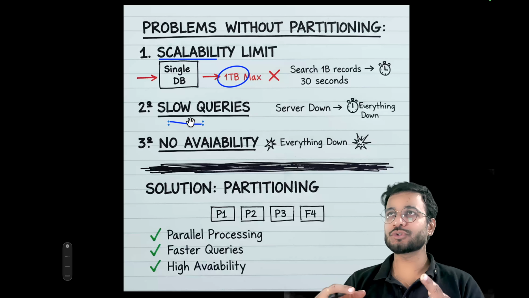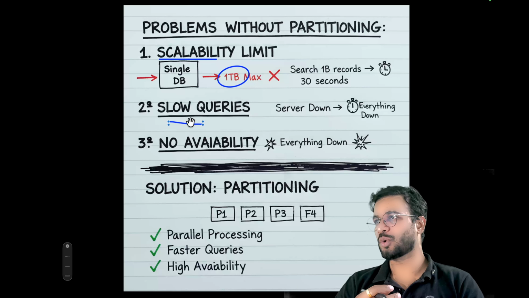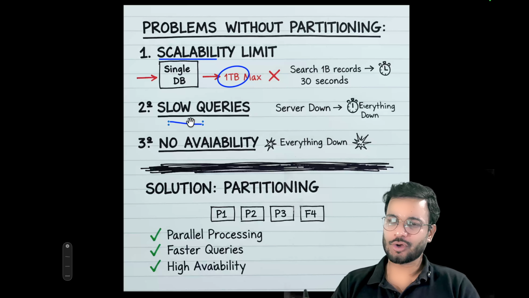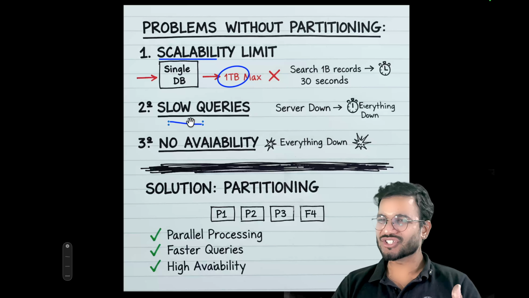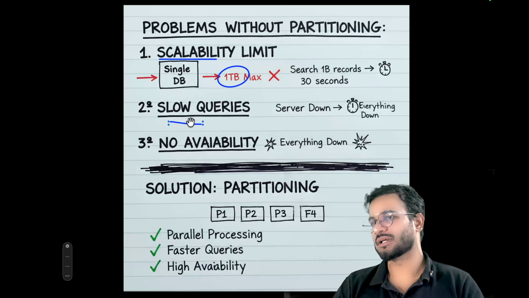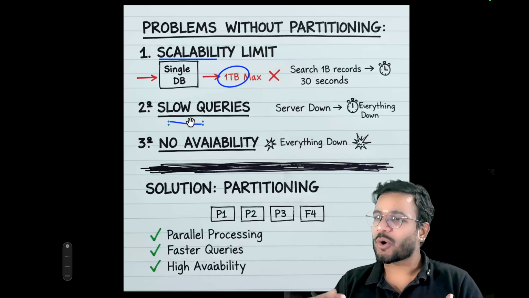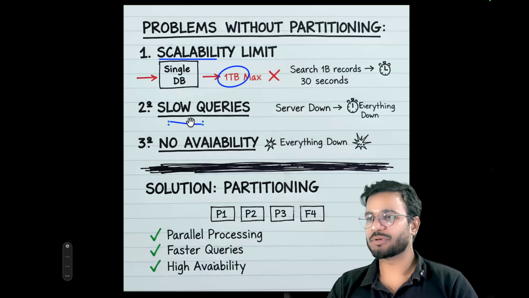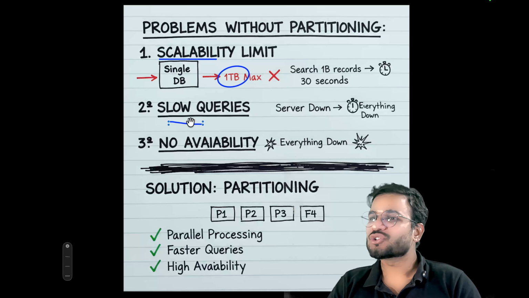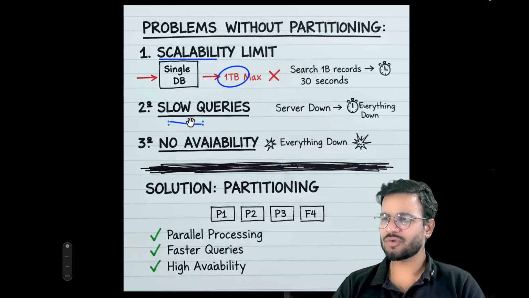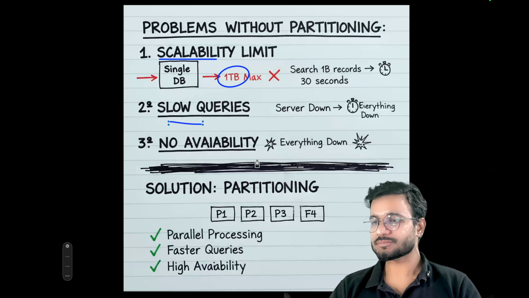The reason is that suppose you want to do a range query. Maybe you want to search data within a date range of 1 month, in applications like Instagram or Facebook. It will take a lot of time, at least 30 seconds for 1 billion records. Because of that, there will be very slow queries, the response will be very bad, and it will add on to a very bad user experience.